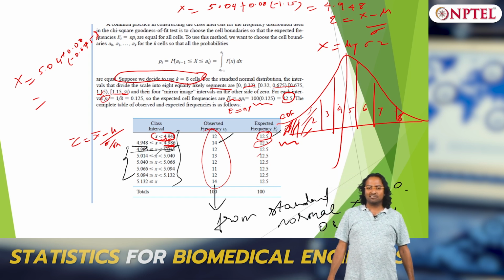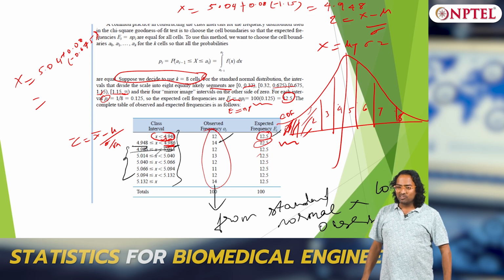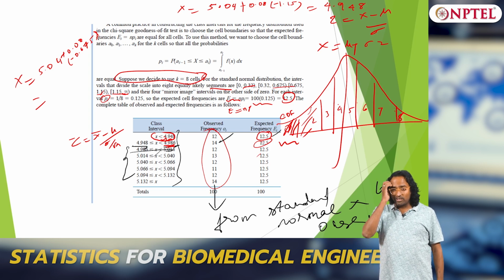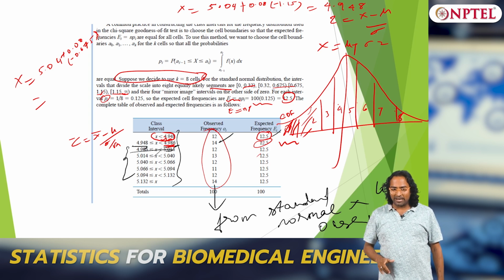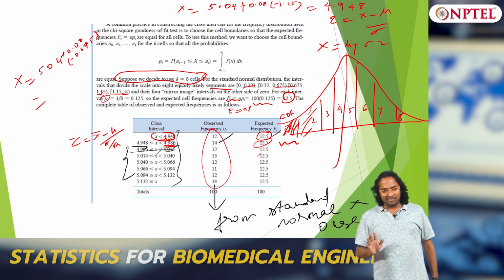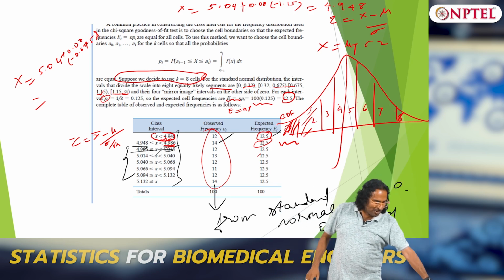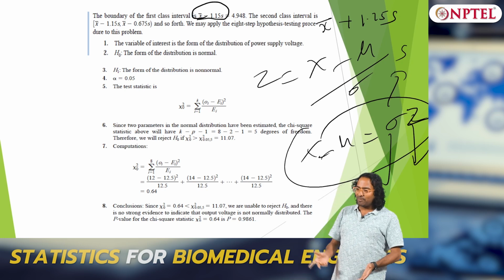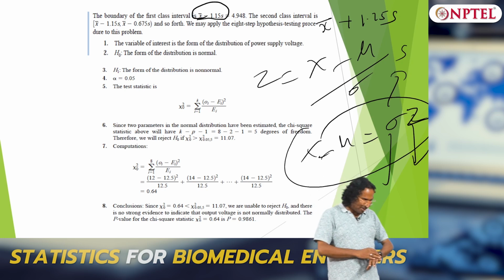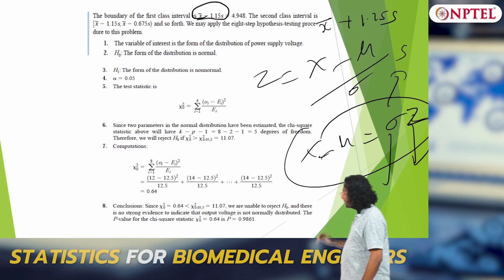So this problem is tricky, it involves enough steps, it tested you enough. So you have to know first of all how to compute expected itself. Expected itself is not straightforward, dividing into equal intervals, NP has to be applied, and then observed, even more tricky. Then if you compute both, it is very easy, it is standard normal. The chi-square test is very simple, once you have both, then what is chi-square? Observed minus expected whole square by expected, you put n minus 1 degrees of freedom, all good things come out, but it is not as easy, both computations. So please pay attention to this problem and try to solve it.